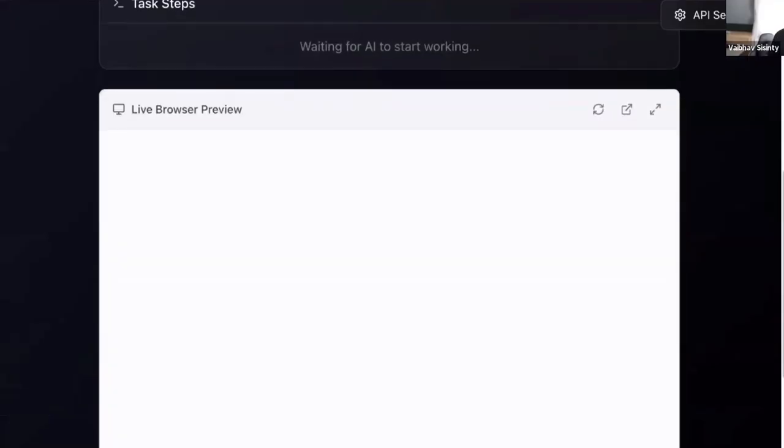Look at this, guys. My hands are off right now. Jerry has opened its own browser inside. And by the way, this is an app that is built by me and it took me 3 hours to build it. It literally took me 3 hours to build this app. Okay. It has opened